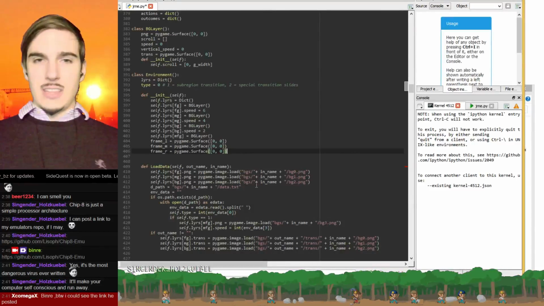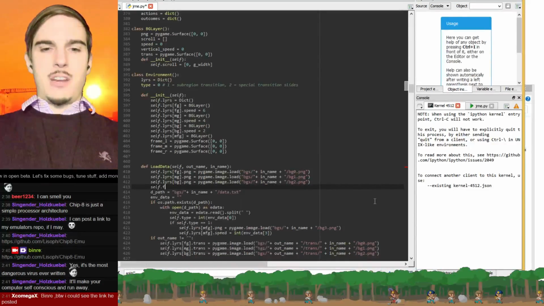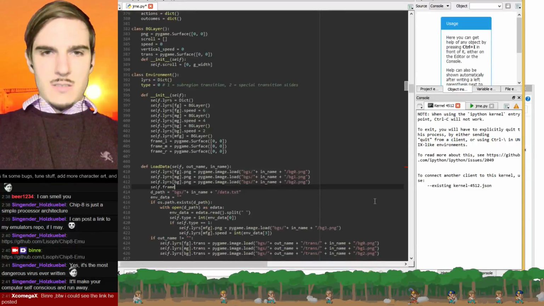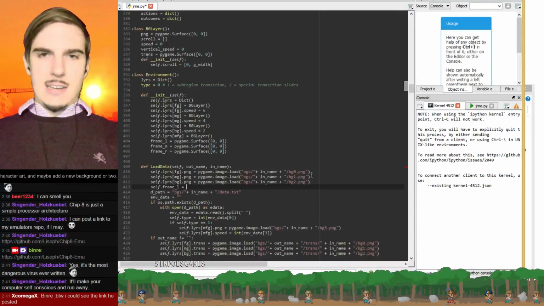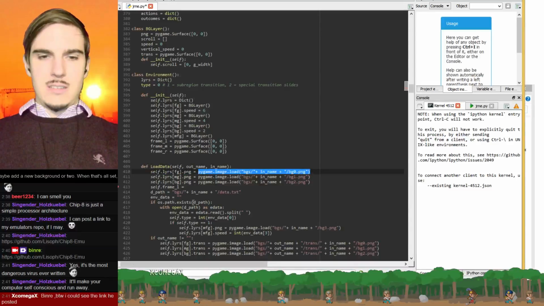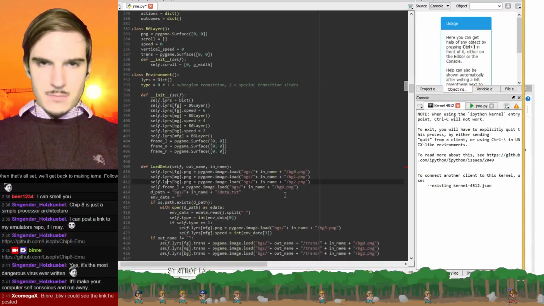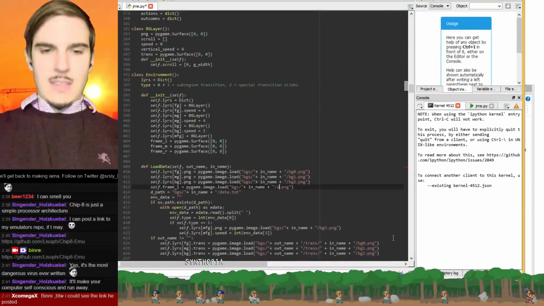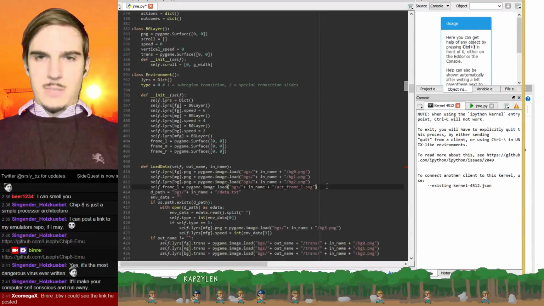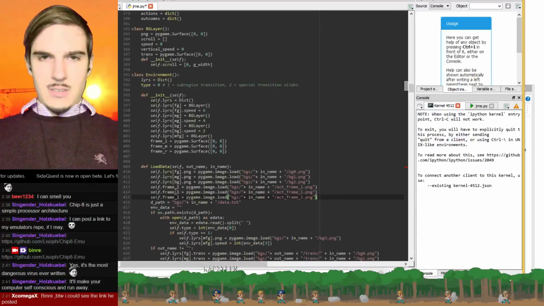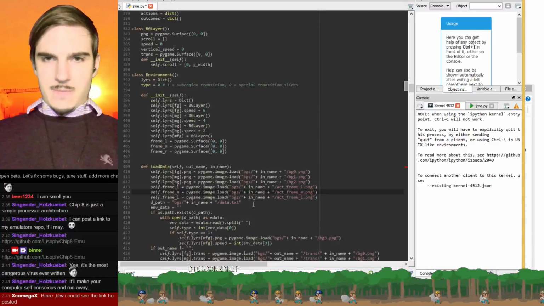And then when we're loading things in, we can say self.frame L equals, right, it's going to be called act frame L dot ping. Act frame L dot ping. And then we'll do the same thing for M and R. Act frame M and act